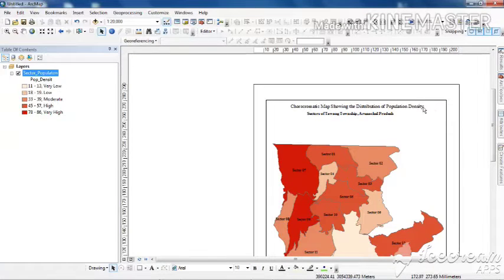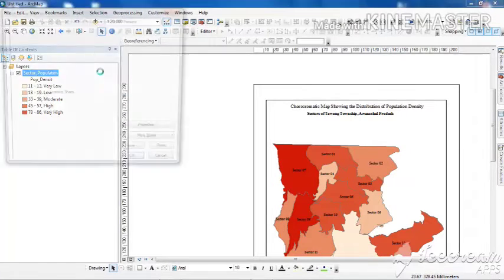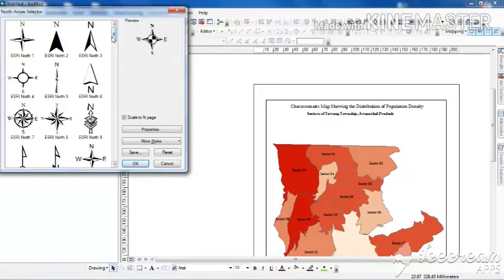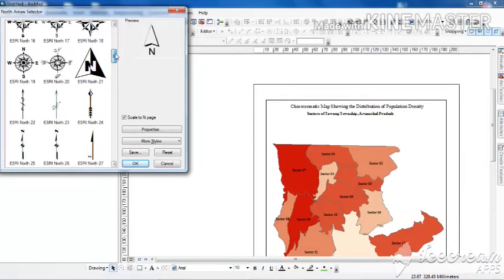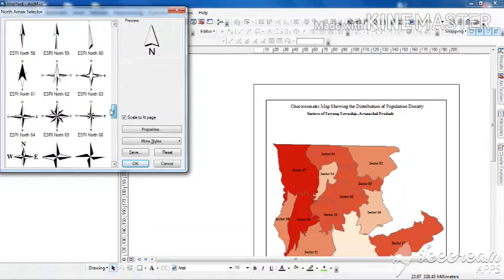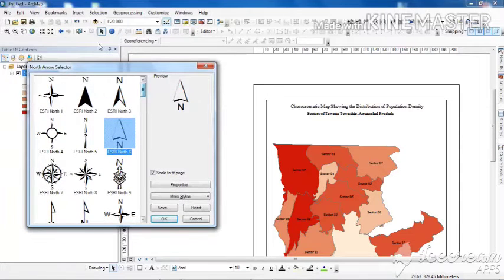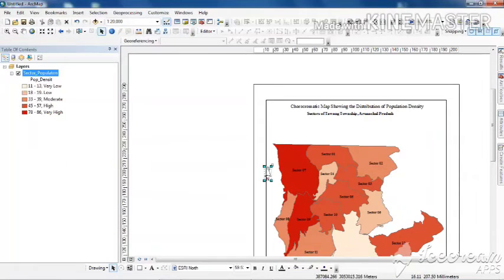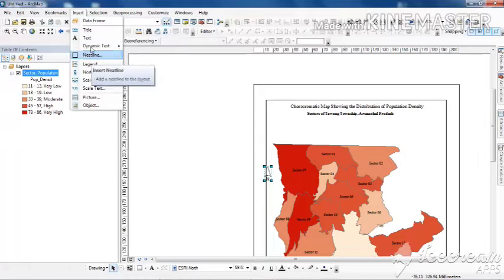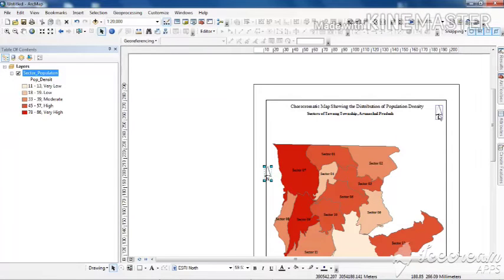Now, in parallel with this particular title, I will have to insert my north arrow. I usually prefer these arrows, this style. There are several styles, you can choose from here, but I don't like to make my maps clumsy. These are all different types which you can get by clicking on insert. From insert you just click on the north arrow, then these options will come. So I will take it over here, make it parallel and place it on the north.